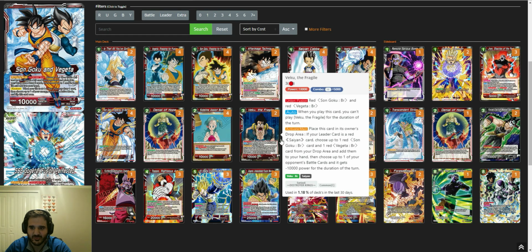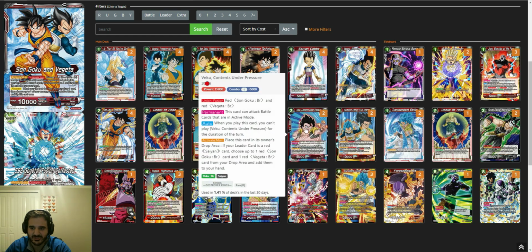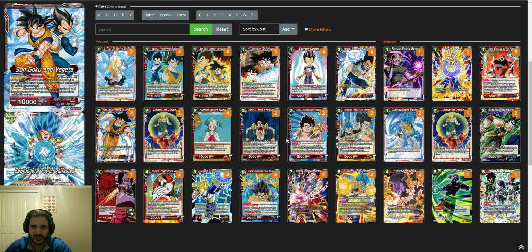That's why I have two Veku the Fragile and two Contents Under Pressure, just to have that ceiling raised a little bit if you have one of each in your hand. So sometimes in Shenron, what I do is I play turn one Kaba, turn one Veku, and then I just leave them on board because I know Shenron can't answer it, right? Then on the crackback, when I get my turn again, I swing with Veku, swing with Kaba, and then I blow up the Veku,